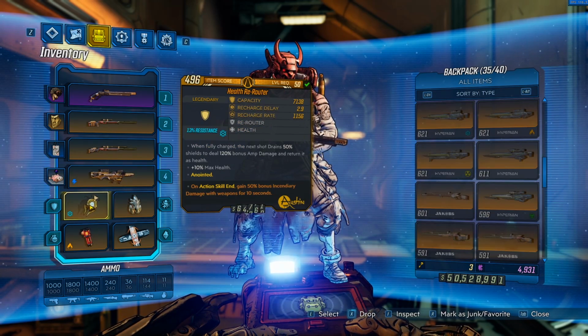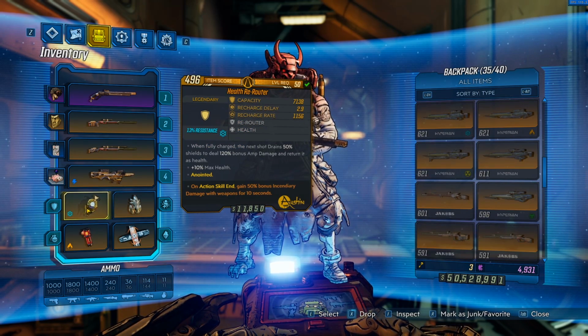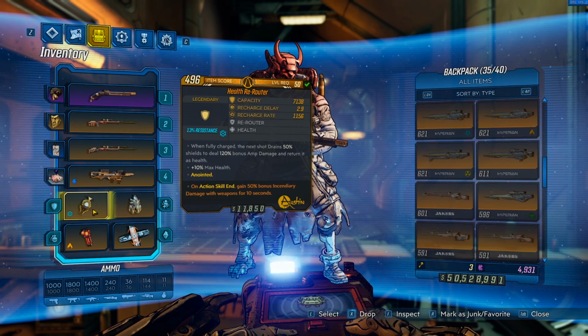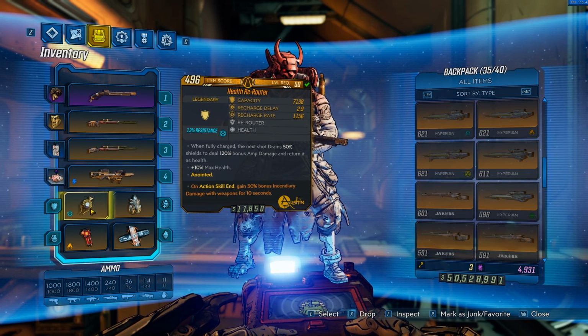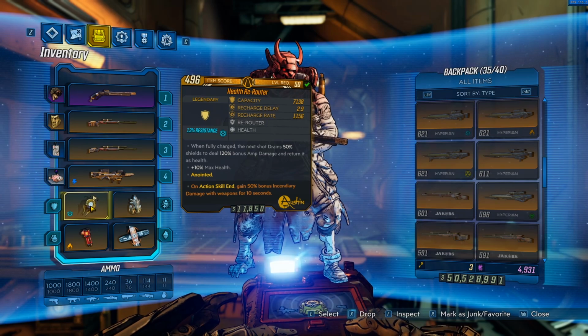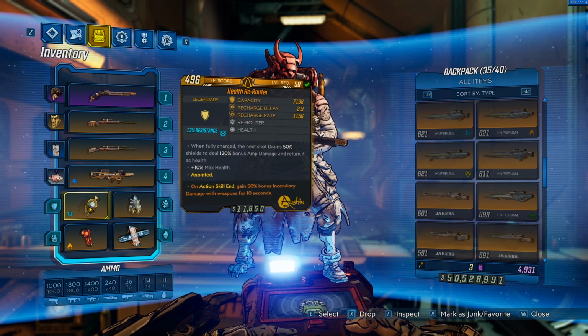And then for a shield, I like to use the rerouter just because we're using snipers and high damage, like one-shot weapons. This is gonna give us a bonus 120% amp damage on those shots, and it only has a delay of 2.9 seconds, so you actually get that 120% amp damage quite a bit, so that's why I really like the rerouter. You can run the takedown with the rerouter. I've done it many times with this build,